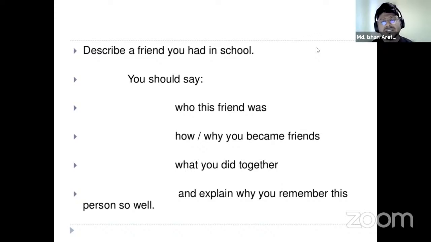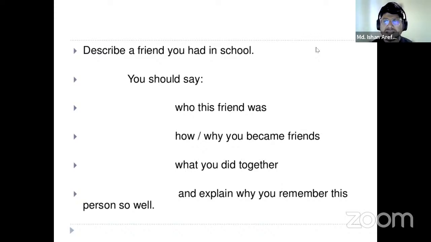Here, after you get your cue card, after you get your topic, you will get 1 minute. You'll get 1 minute to get prepared. After that 1 minute, you have to start your 2 minute speech. So in between this 1 minute that you are getting for your preparation, you'll get a pen and a paper where you can write down the keywords that you want to discuss after that 1 minute for your speech.